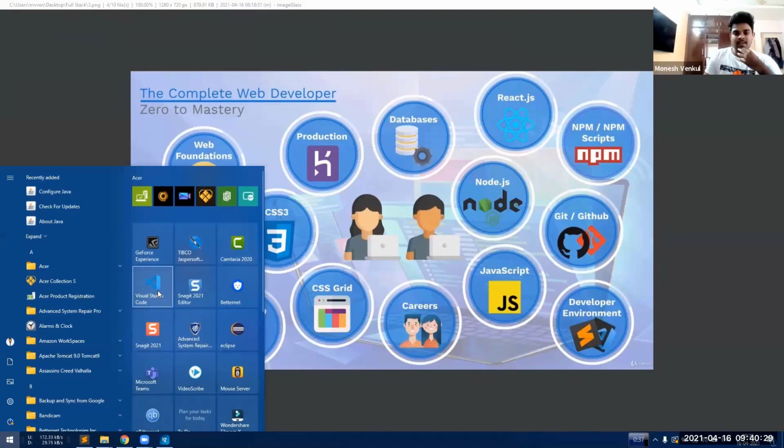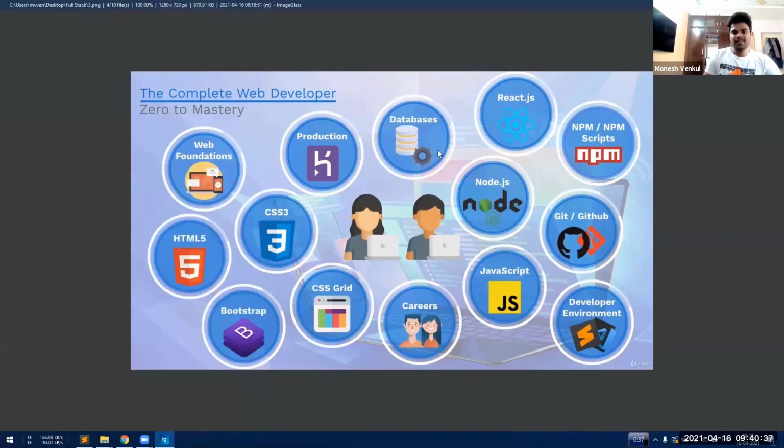This is the software which is free, and this is the editor we use for full stack development, actual coding. And database is the most important thing. You can either only master database and become a database engineer. There's nothing wrong in that. But if you learn databases along with all these things, you'll be called a full stack developer. But you can learn even these three things individually. That is nothing wrong in that.